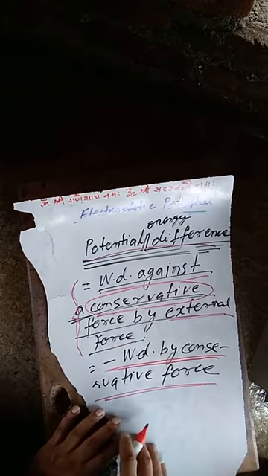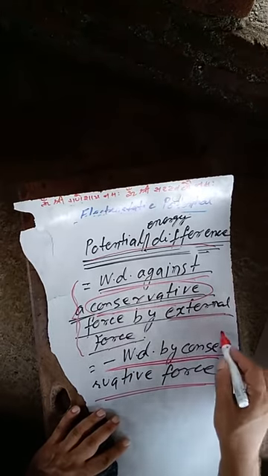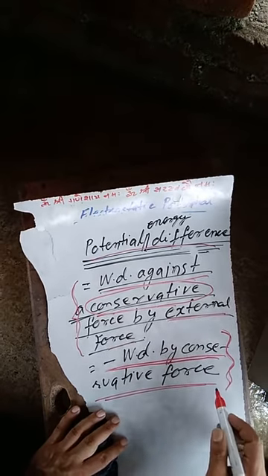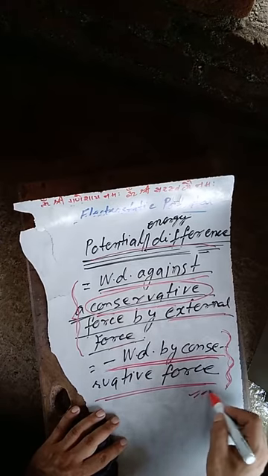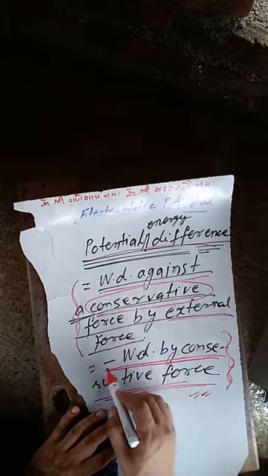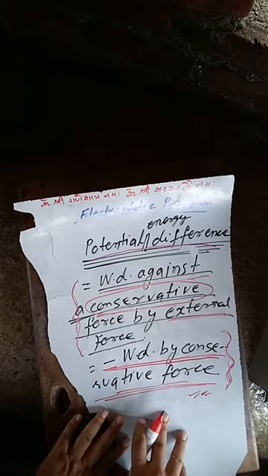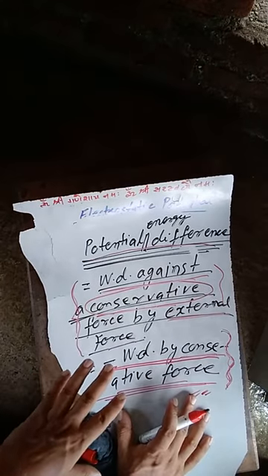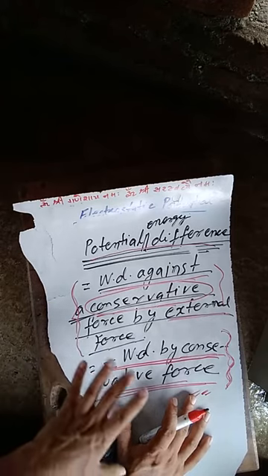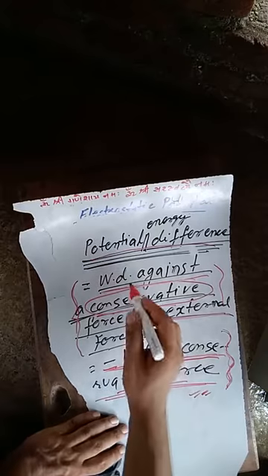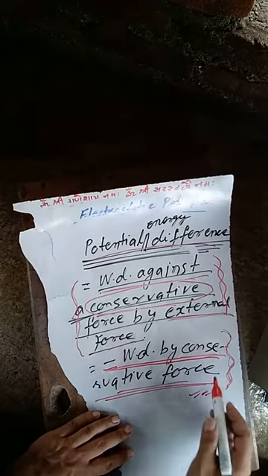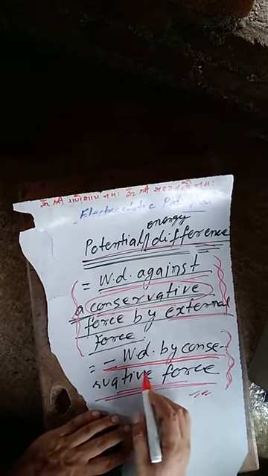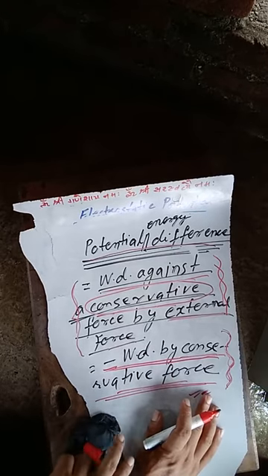For calculation, sometimes it is easier to solve the question this way: if the conservative force is known, we can easily find the negative of its work, but if it is not known, the other form will be helpful. भिन्न भिन्न सिचुएशन में दोनों ही हमें मददगार होंगे। यहाँ से पता चलता है कि यह वर्क डन अगेंस्ट कंजर्वेटिव फोर्स है, और यह नेगेटिव ऑफ द वर्क डन बाय द कंजर्वेटिव फोर्स है।